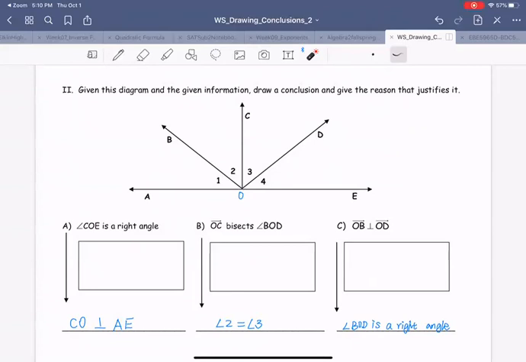For B, OC bisects angle BOD. So definition of angle bisector, okay? For C,